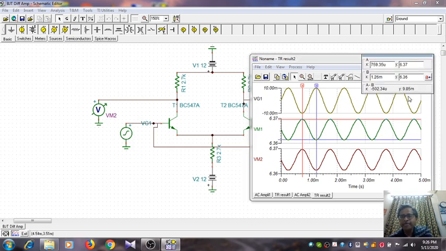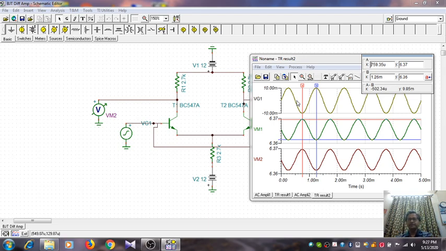So you see that the peak to peak value is 9.85 millivolt, so roughly 10 millivolt. Okay, so 10 millivolt is the peak to peak value of the VM1 that corresponds to the voltage available at the output of the collector T1. Okay, and the corresponding peak to peak value is nearly 10 millivolt, whereas the input value is 20 millivolt. So 10 by 20, you get the common mode voltage gain AC to be half or 0.5.